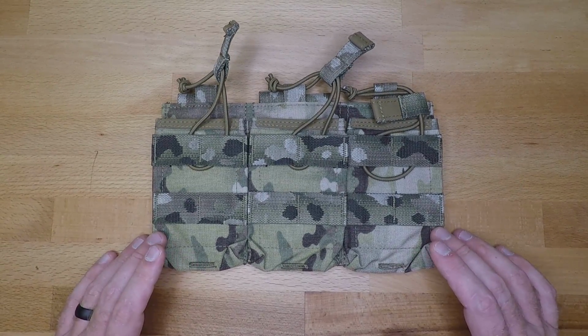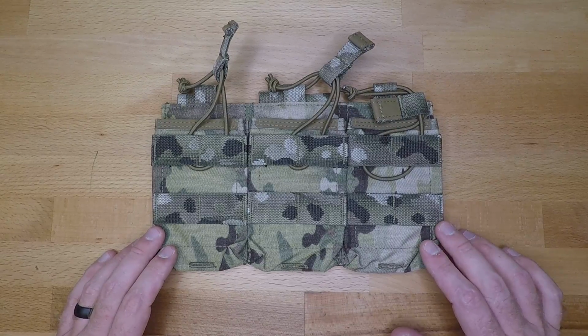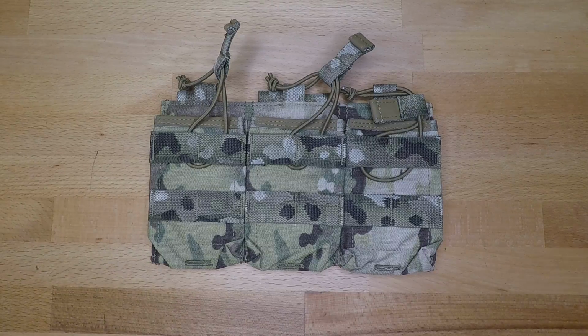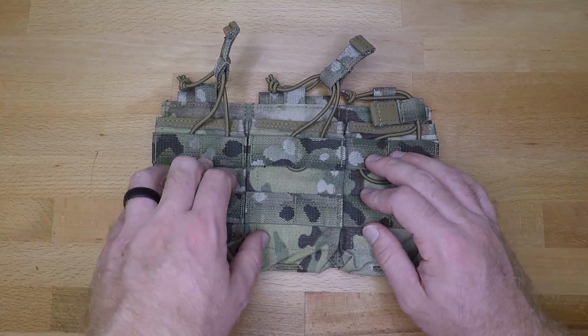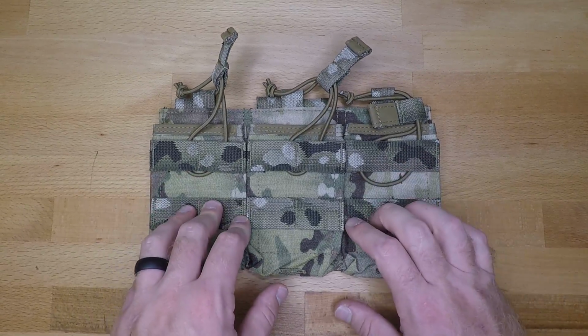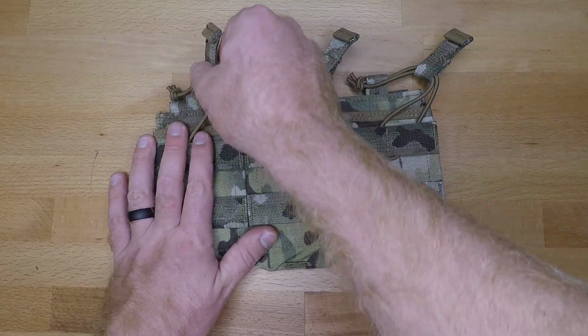And in this video we're going to be going over the First Spear Ranger M4 shingle. Now this pouch is going to cost you about $85 for what is essentially just a triple mag panel. But with that said, it is a very high quality product. First Spear does a very good job when it comes to the quality of the materials that they're using and how they construct everything. So with that said, it is worth the money for the quality of the product that